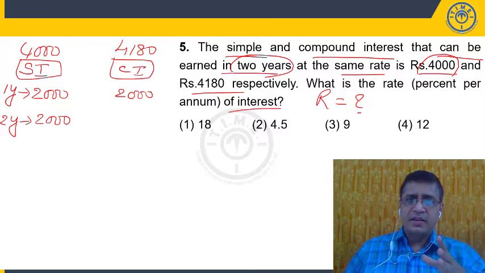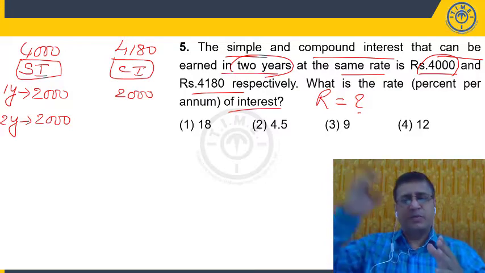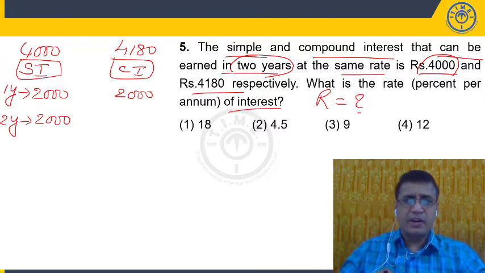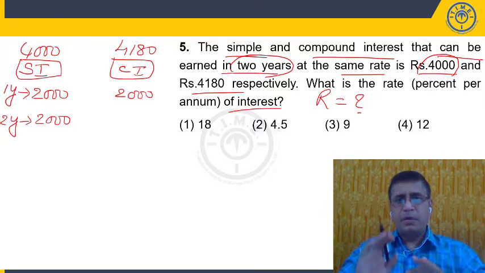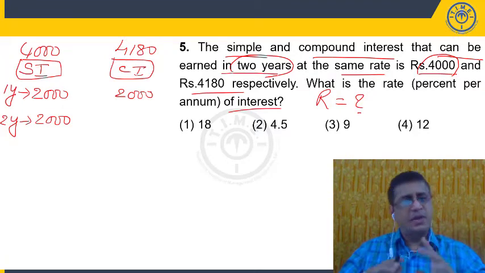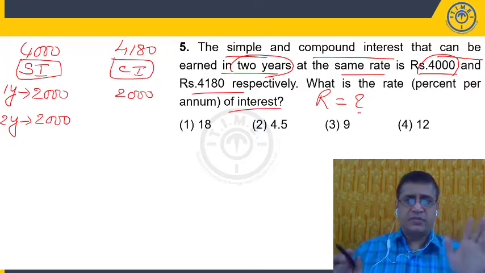What is the reason? The previous year's interest will be added to the principal and becomes the amount. That amount will be calculated as the principal, meaning we are charging interest on interest. And logically, here is one thing you need to remember: simple interest for 1 year and compound interest for 1 year are both the same, equal value, when the rate of interest is the same. So you'll get the same interest value.